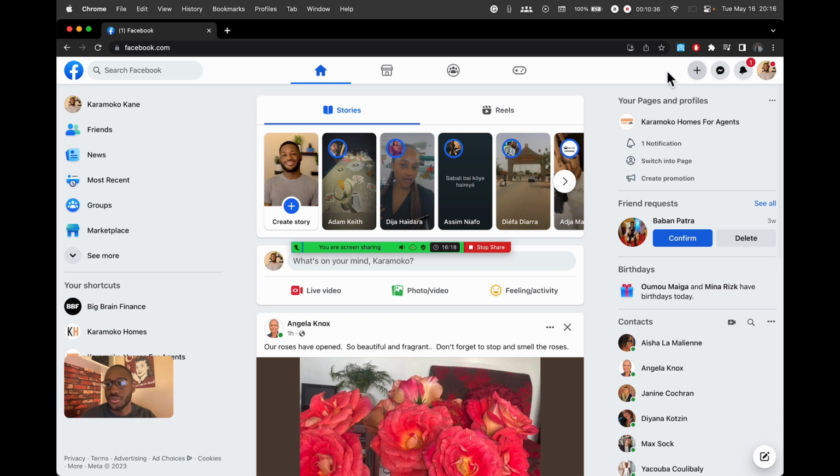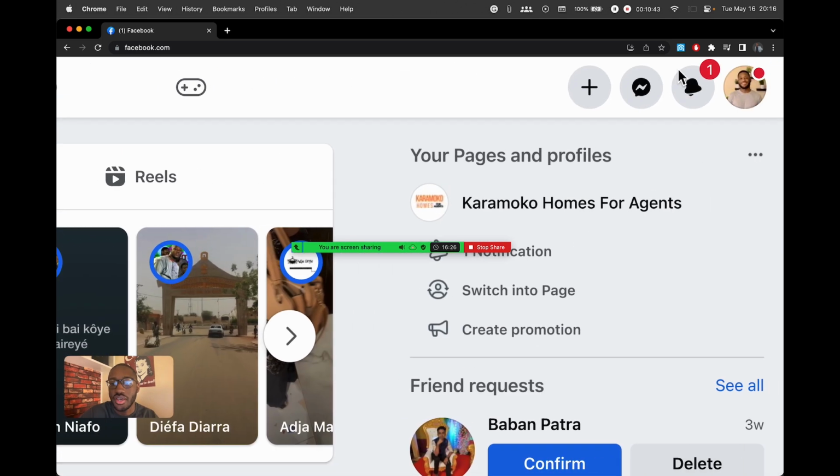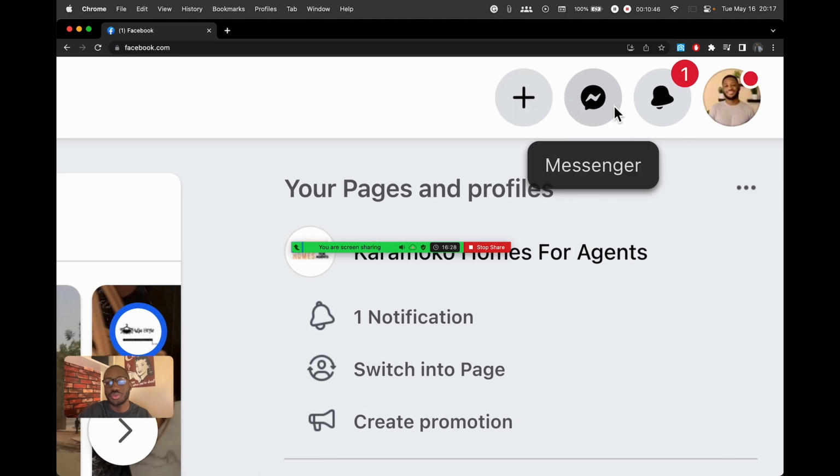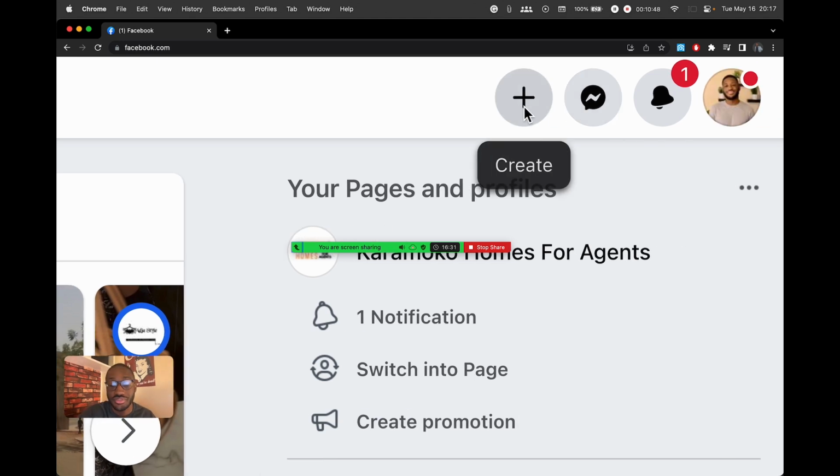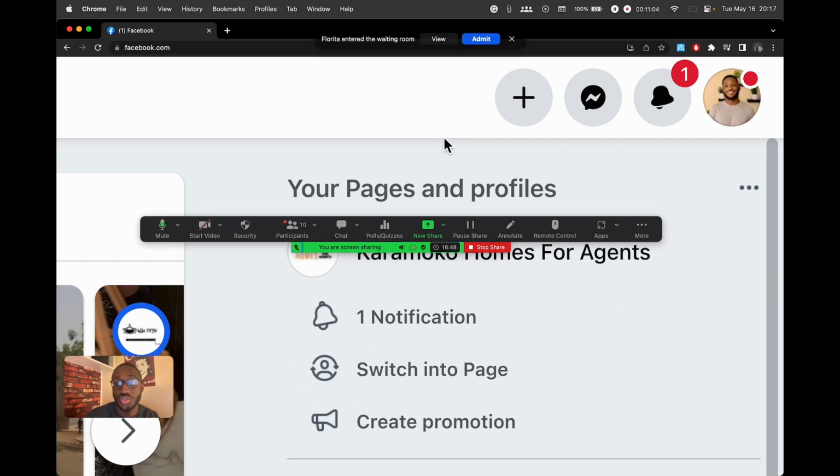Okay. So once you log in, what you're going to look for is the plus icon at the top right of the Facebook page. And I'm doing this on a computer, so if you're doing it on the phone, it might look a little different. I don't remember off the top of my head what it looks like on the phone, but you want to do this on the computer anyway. I think you have more options and customizability, personalization features when you do it through the computer. So when you log onto Facebook,